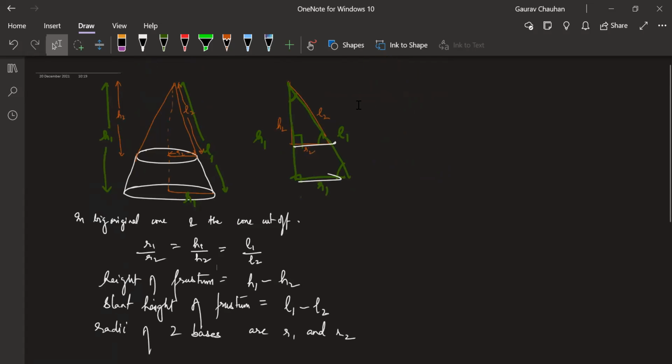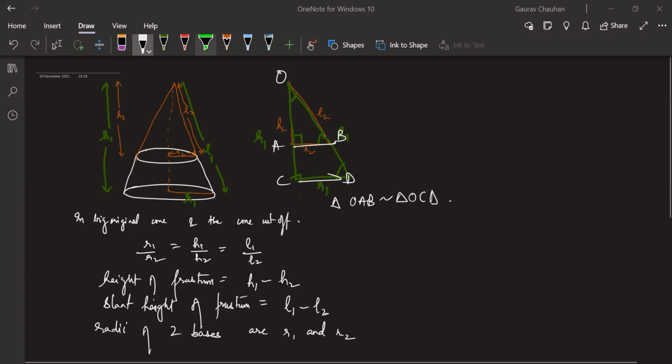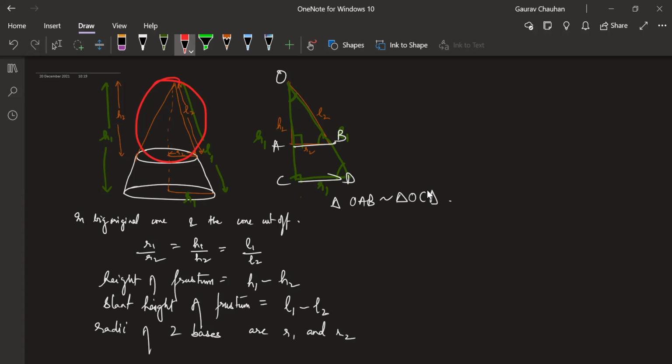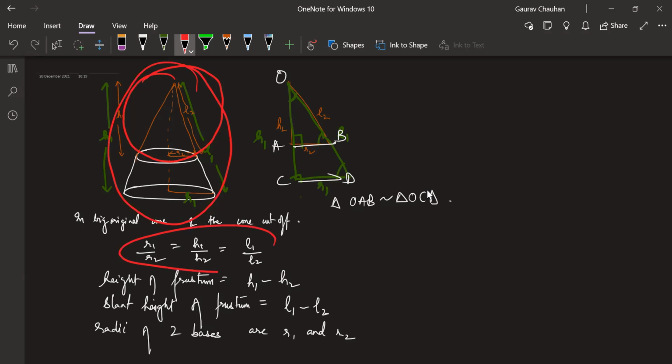We'll come to the formula in a bit. So far, what we have written, can you take that down? Right, guys, can I have your attention back on the board now? So this was just some common sense, some logic. Sometimes it might not come so handy because they will not give you H1, H2. They'll just give you the frustum's dimensions only, which is what most of our questions are going to be. In that case, we'll use the formula of the frustum directly. Sometimes they might give you that this size cone is cut off from the previous size cone. In that case, this will come in useful.